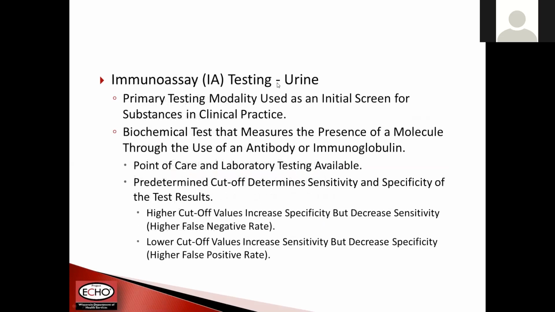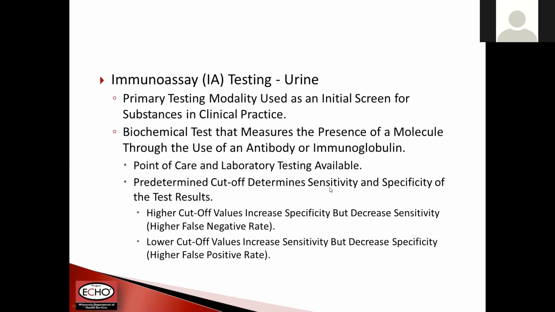Immunoassay is what you basically get. The one that says positive or negative, that's an immunoassay screen. That's basically a biochemical test. It measures the presence of a molecule, and the molecule is very specific. So it may be, for example, morphine for the opiate assay. It may be oxazepam for the benzodiazepine assay. So you're measuring the presence of a specific molecule, and therefore these tests are very sensitive typically, but not very specific. In other words, they will capture use, but it will not be specific enough to tell you if that's a false